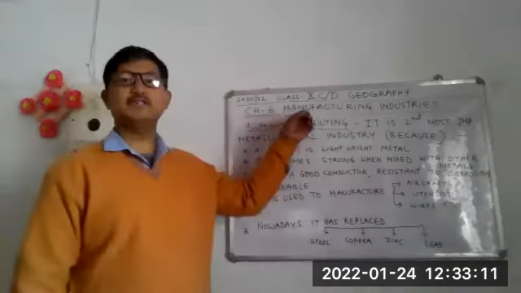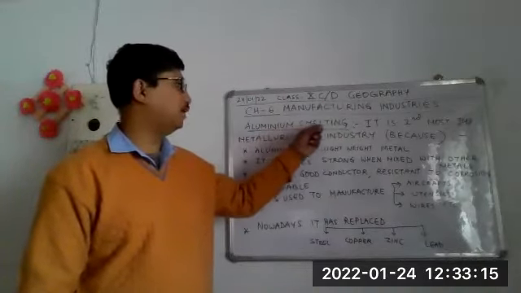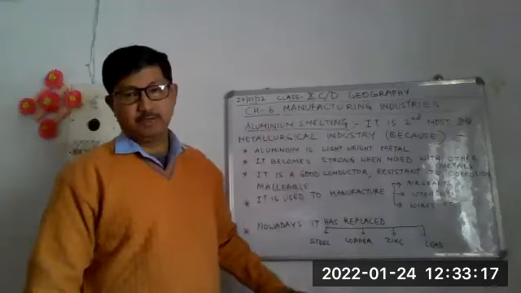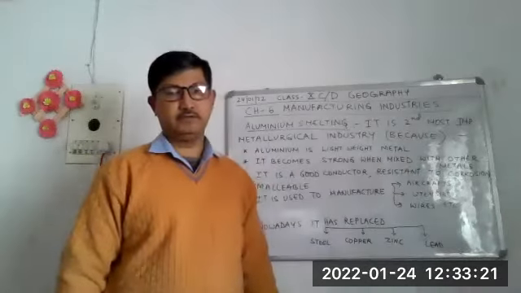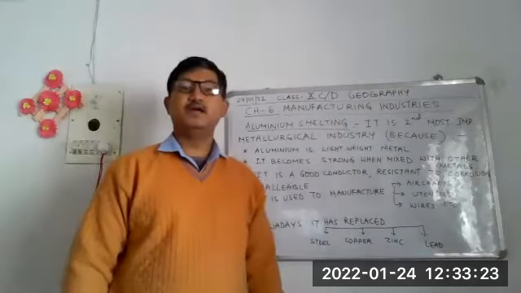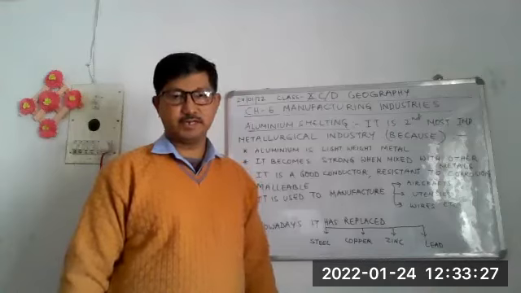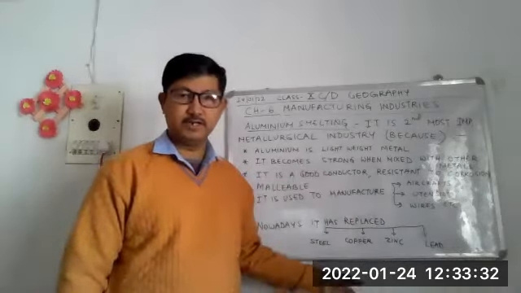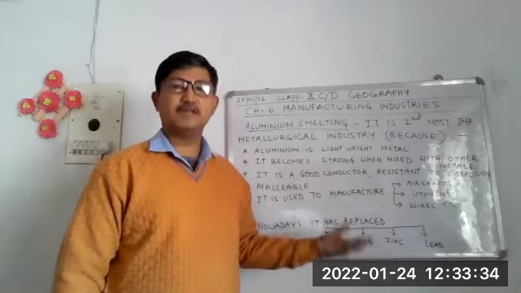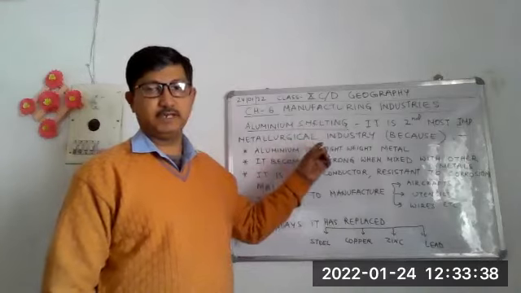Today, in continuation with the chapter Manufacturing Industries, our subtopic is Aluminium Smelting. We have studied already about iron ore and we have learnt about the uses of iron ore, why it is called the backbone of modern industrialization, then factors affecting location of iron and steel industry. So similar to iron as a metal, we are going to today learn about aluminium as a metal, its uses